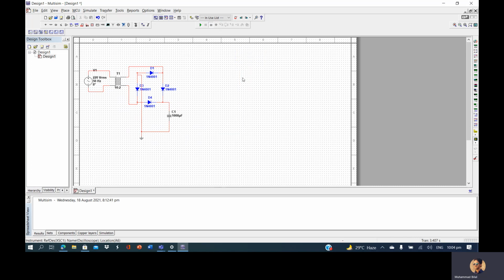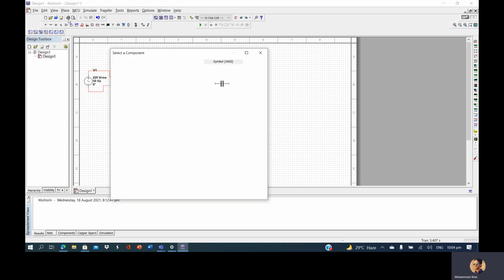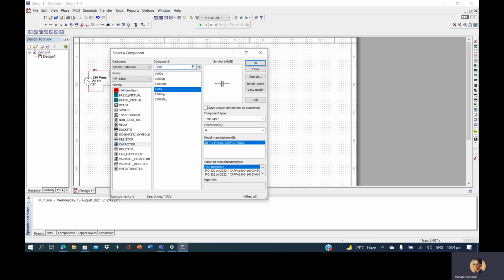After that, we will place some sort of IC. There are different kinds of ICs available. If we want to make a 12-volt power supply, we will select on that point and simply search.